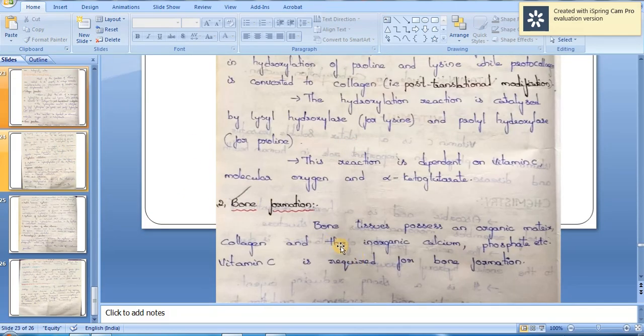In bone formation, bone tissues possess an organic matrix, collagen, and inorganic calcium, phosphate, etc. Vitamin C is required for bone formation. Okay, next, coming to the point, iron